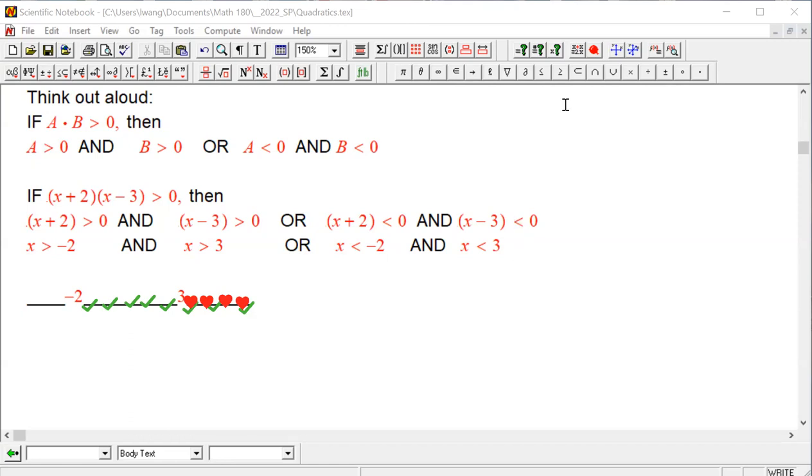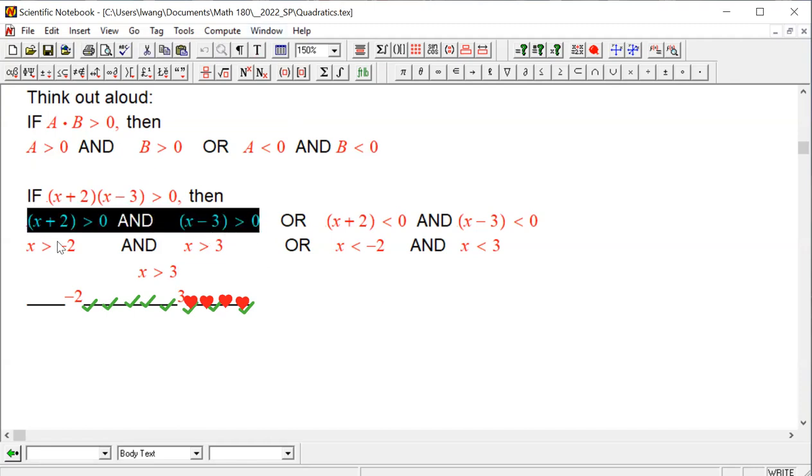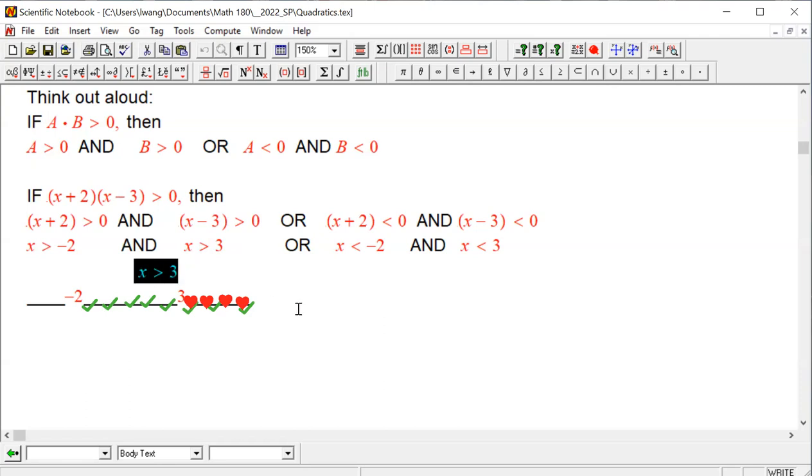Therefore, combining these two, we got, right? So this piece, we got x is larger than 3. So this branch, right? This branch, we got x greater than 3. The other branch,